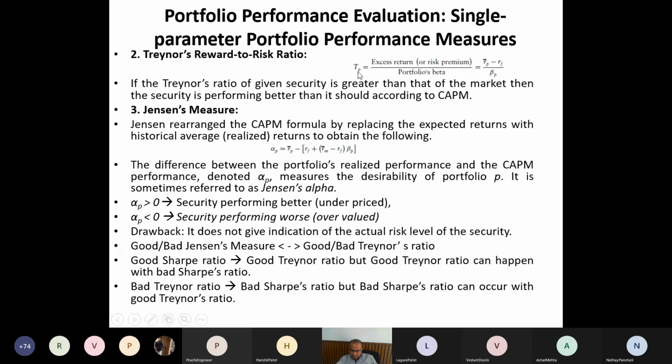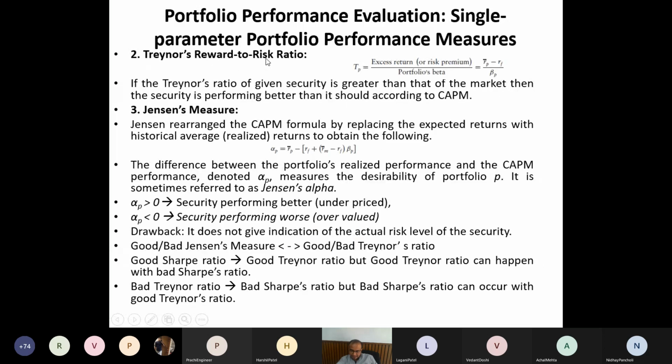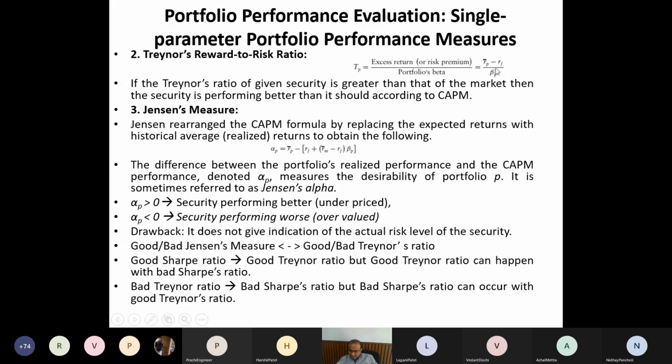Then Treynor's ratio. Treynor's ratio is also called the reward to risk ratio. So this was reward to variability, or reward to risk also you can say. Here also it is basically a reward to risk ratio. One and the same thing, but the numerator is the same, RP bar minus RF, meaning excess return, but the denominator, instead of sigma p, is the portfolio's beta. Like a security has beta, you can also find the portfolio's beta. So that is beta of P.